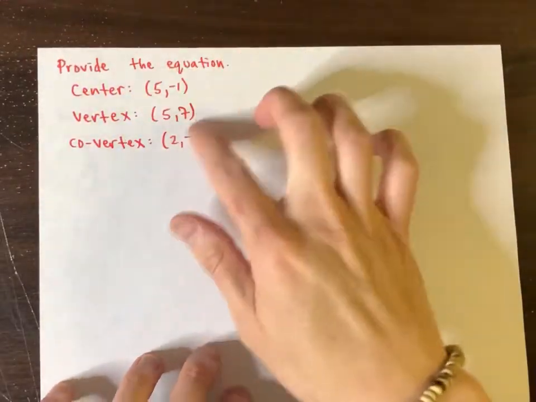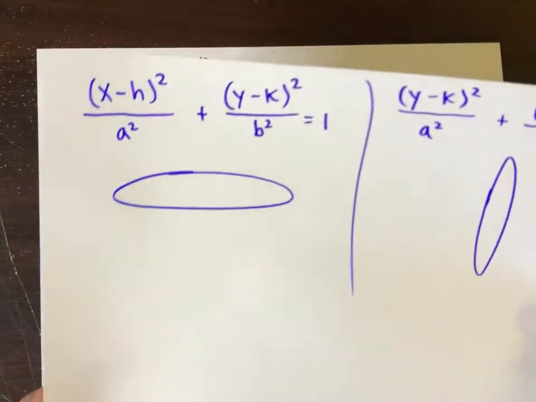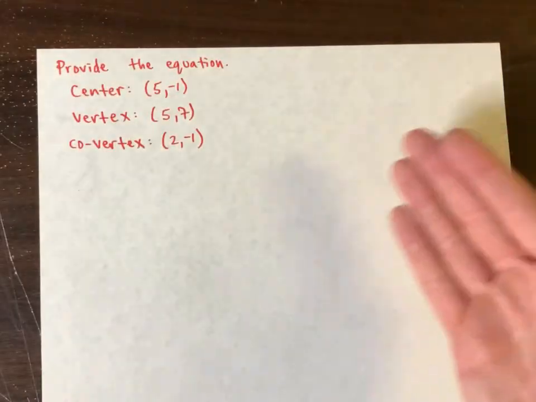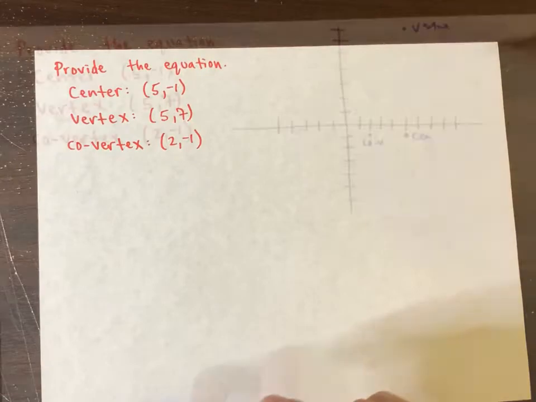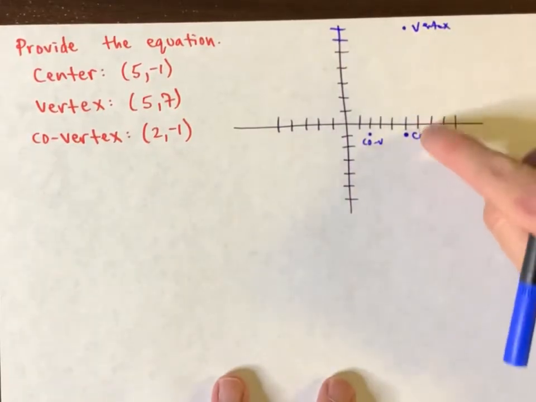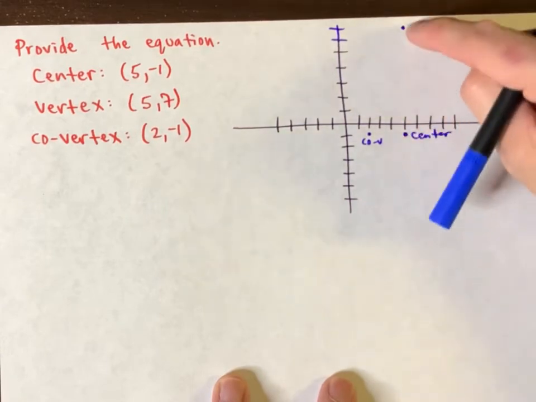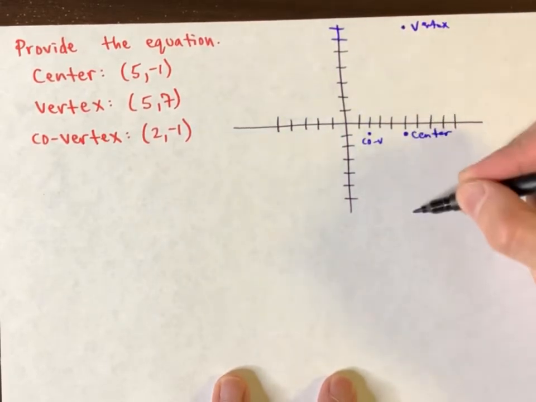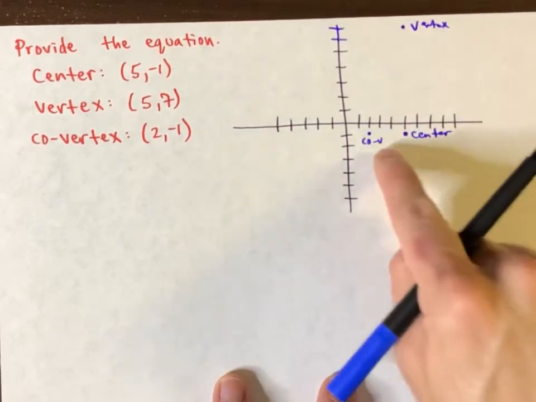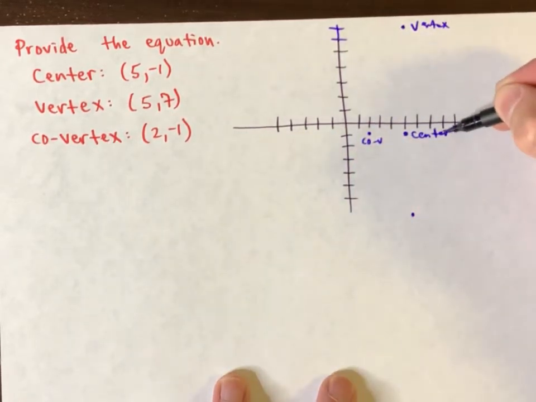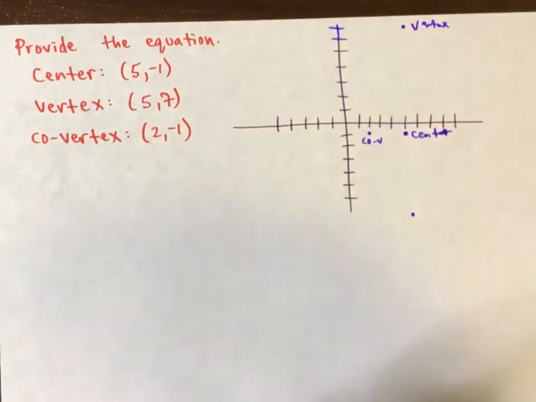Now here we're given some random pieces of information, and what they want is the equation. So I need a visual. So maybe we can go to the XY axis and plot these points. Now, if this is the center, and from here to here you went up 8, then you have to go down 8 spaces. Here to here, these are 1, 2, 3 spaces apart. So go 1, 2, 3 spaces apart. And then we can actually draw